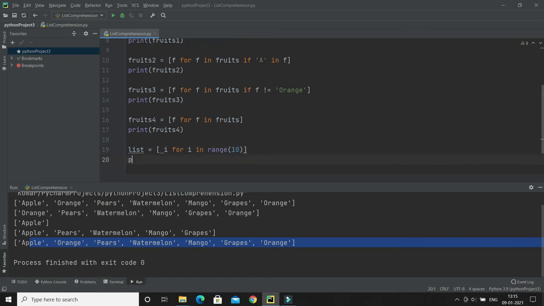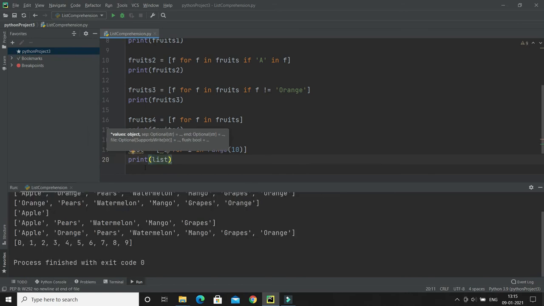If I print this list, let's see what gets printed. Here you can see we got the list which contains numbers starting from 0 to 9. So that's how we can use the range function to generate numbers starting from 0 till n minus 1, and that will be stored into the list.